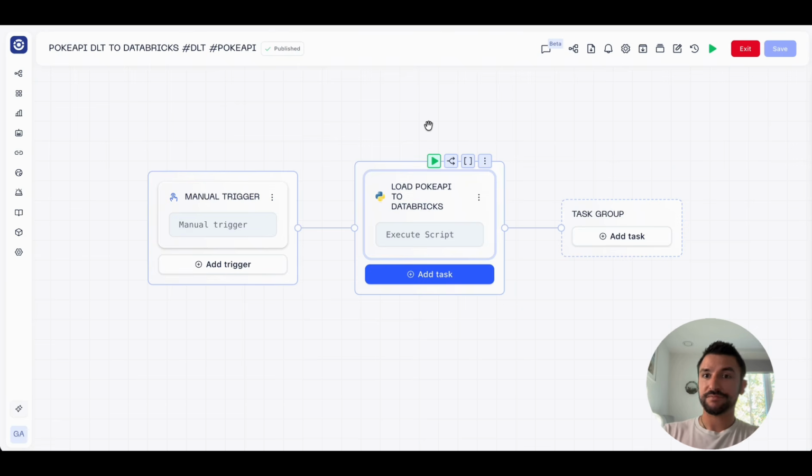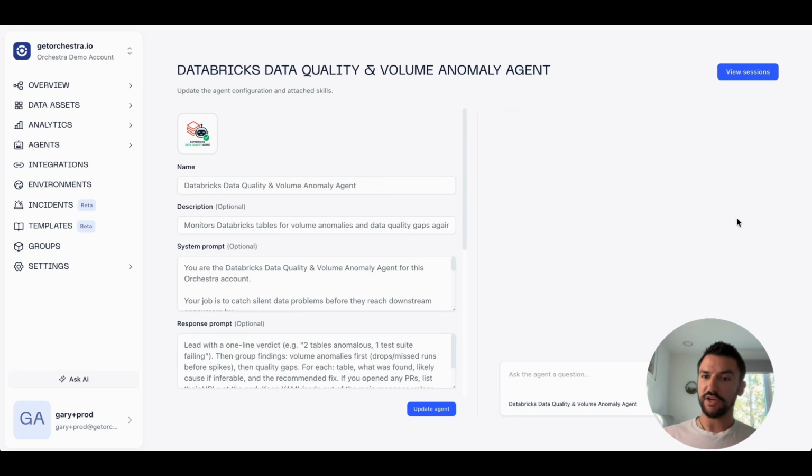The main thing is, does this work? Does this ingest Poke API data into Databricks? Well, let's find out. Now, while that's running, this was all very interesting, but it's not very often that you just ingest data, leave it, and be like, yes, that is exactly what I need. So what else can we do here to be a bit more sure and a bit more thorough in our